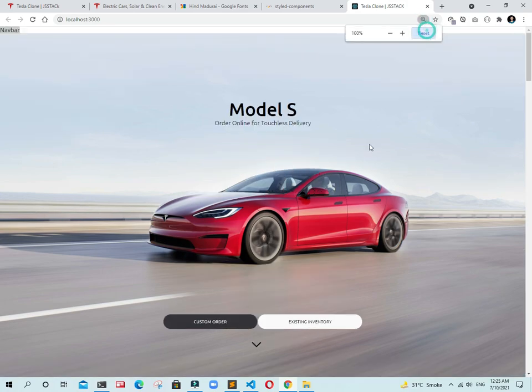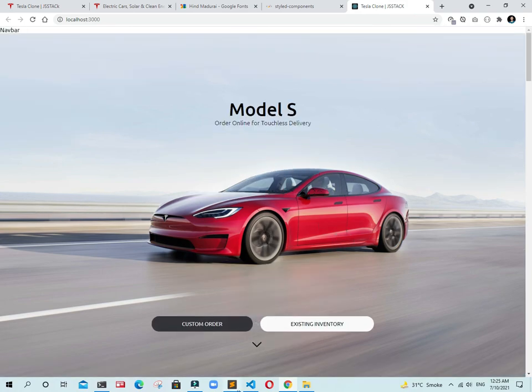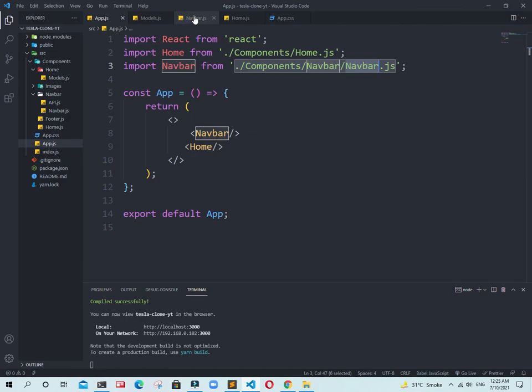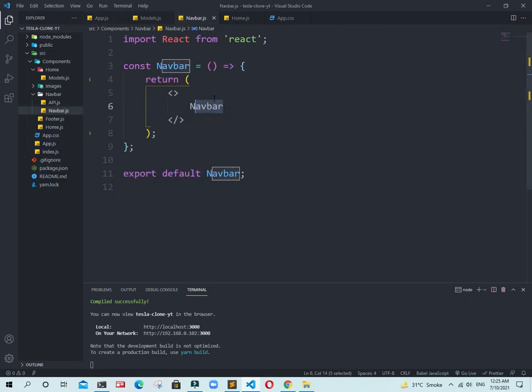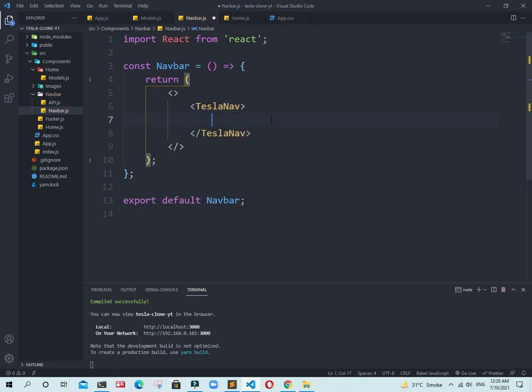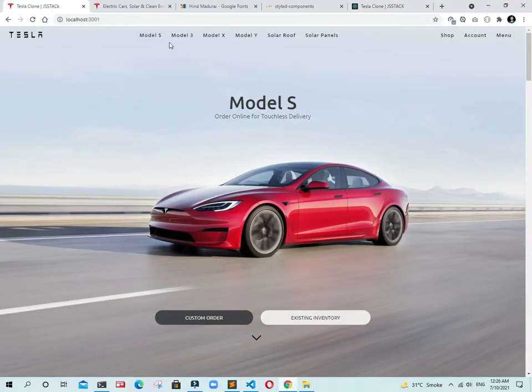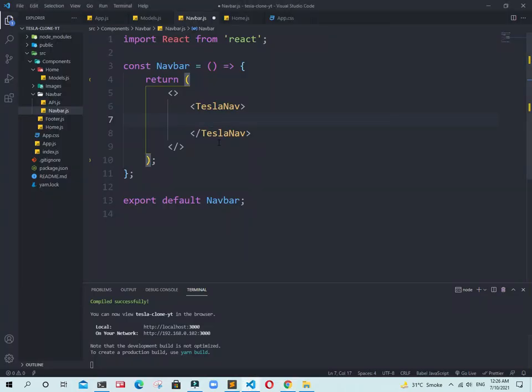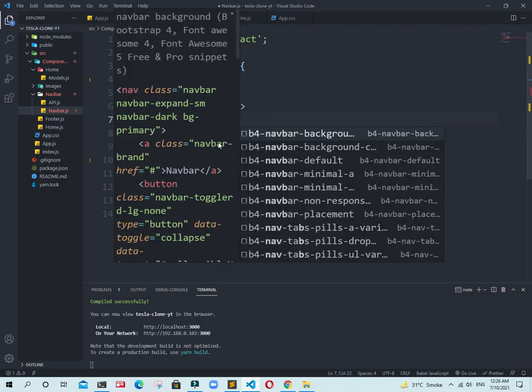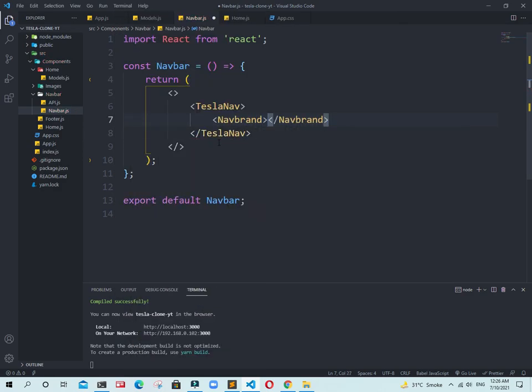That's really cool. So in the navbar.js I am just typing there TeslaNav. Inside this TeslaNav we have this beautiful logo, this menu and this menu. So I am going to type NavBrand. Inside this NavBrand we have this Tesla logo in the image, which is SVG.